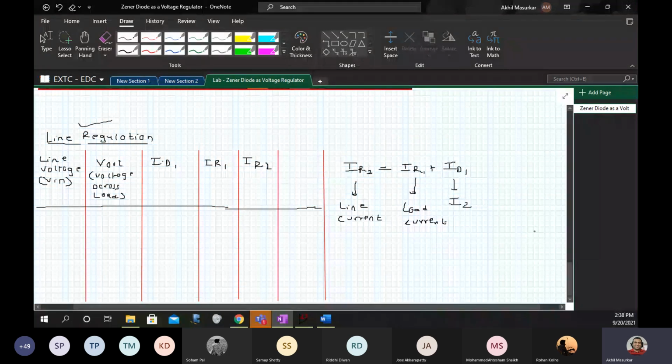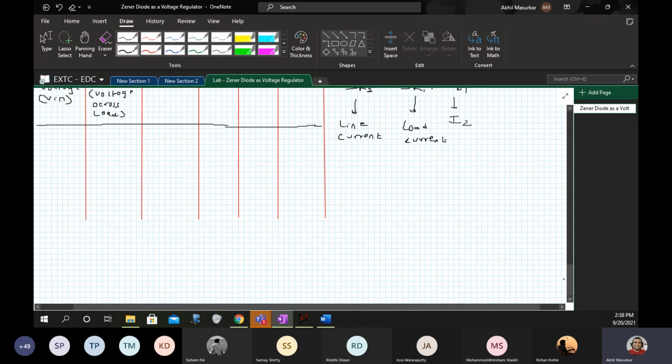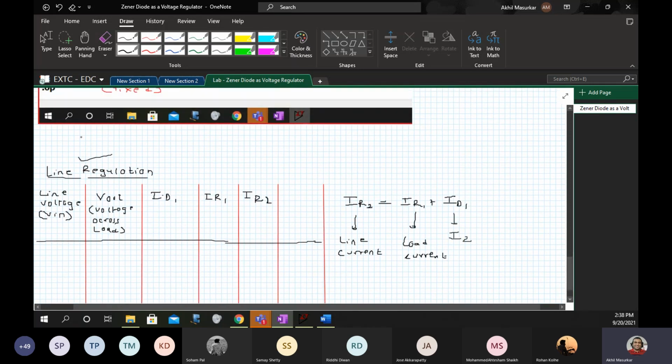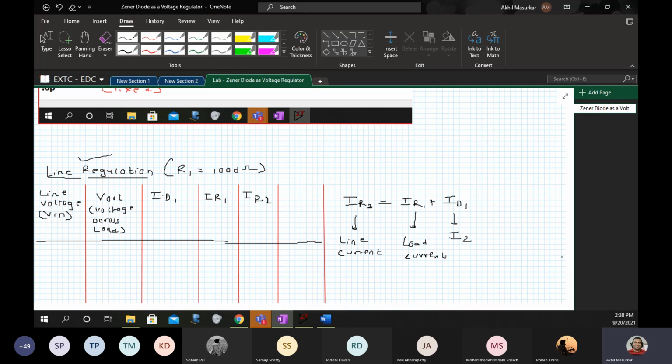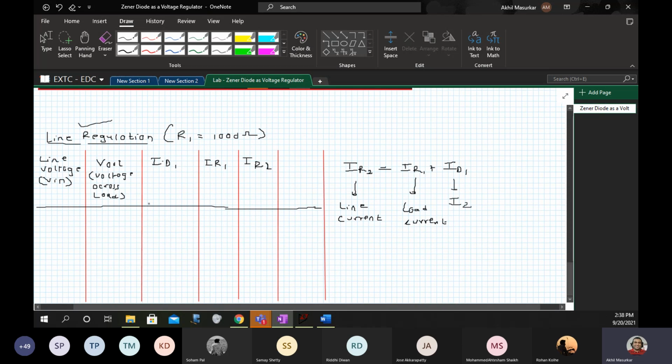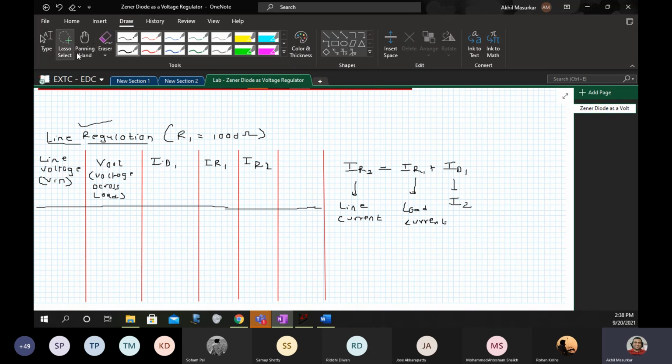In load regulation, what you will do is, for load regulation, your R1 was 1000 ohms fixed. Now when it comes to load regulation, what will be the tables?